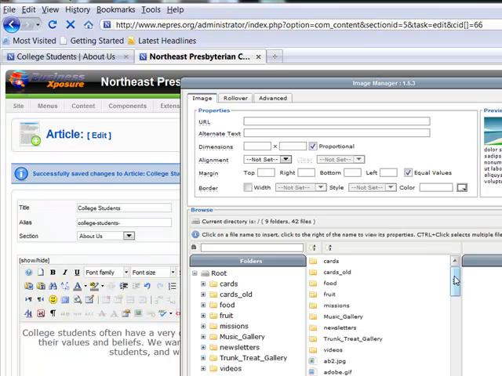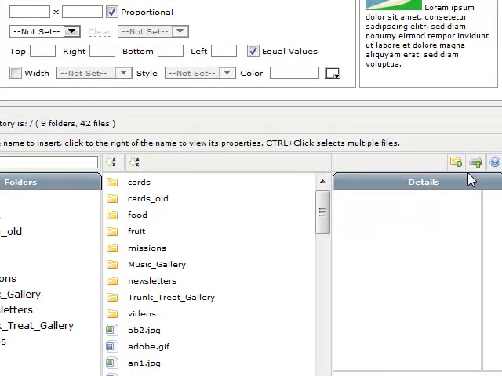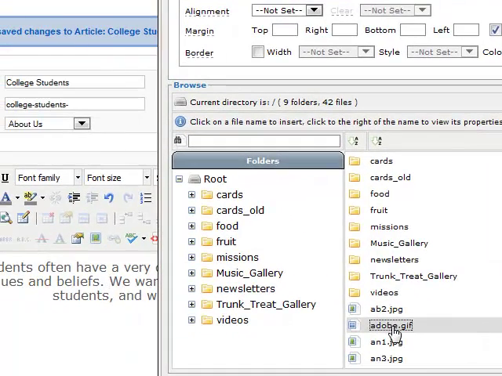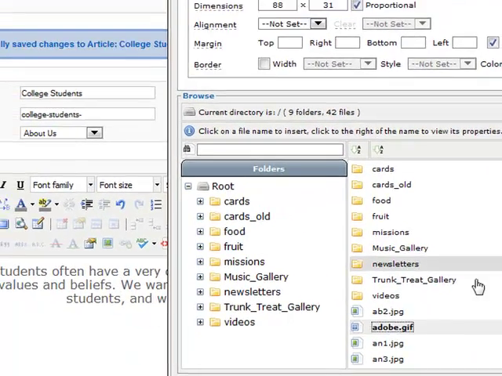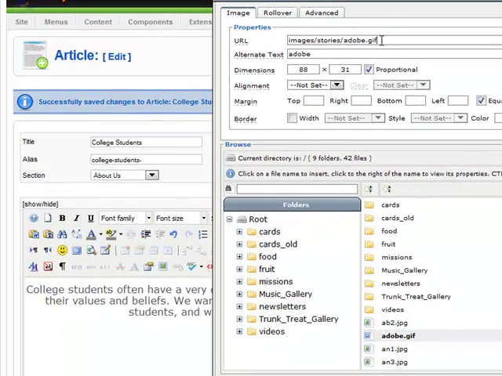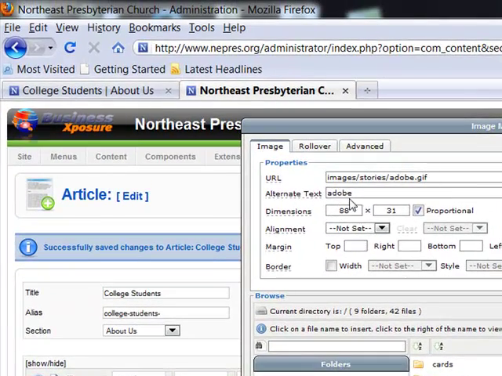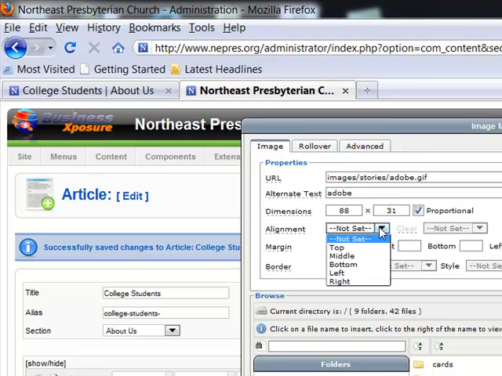If we want to upload our own image for the website, there's a green button here that says upload. Okay, or we can select an image that's already on the server. It populates with the file name where it's located. If you want to put in a better description of what your photo is, that's good common practice for search engine optimization. And in summary, we have our alignment tools and our margin, which we just typically like to have